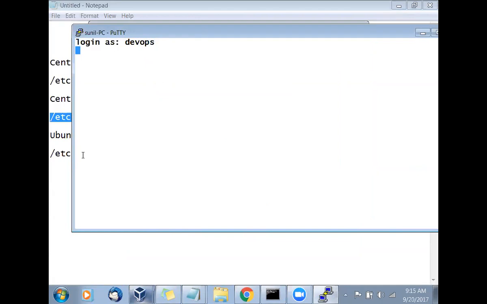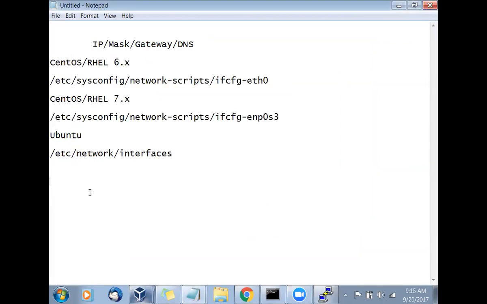Now, the important thing under that file is we need to understand 2 parameters are very important. One is ONBOOT equal to yes, and second is BOOTPROTO equal to dhcp. So if you are looking for a dynamic IP, you have to go with this setting. Now, what is a dynamic IP? You will get the IP address automatically. Automatically means who will give that IP address? The DHCP server gives it. That's why we are saying BOOTPROTO is dhcp.